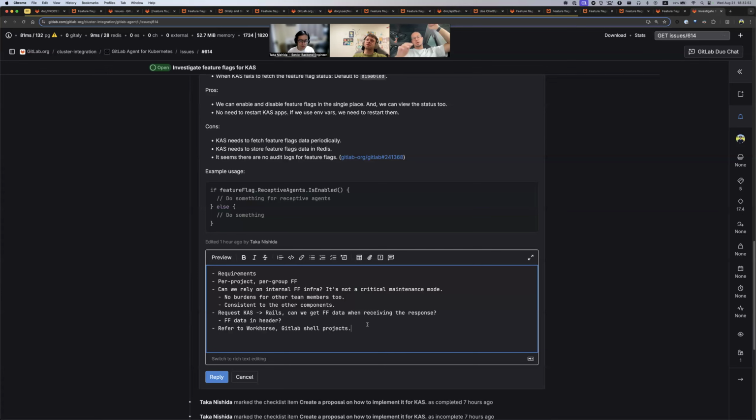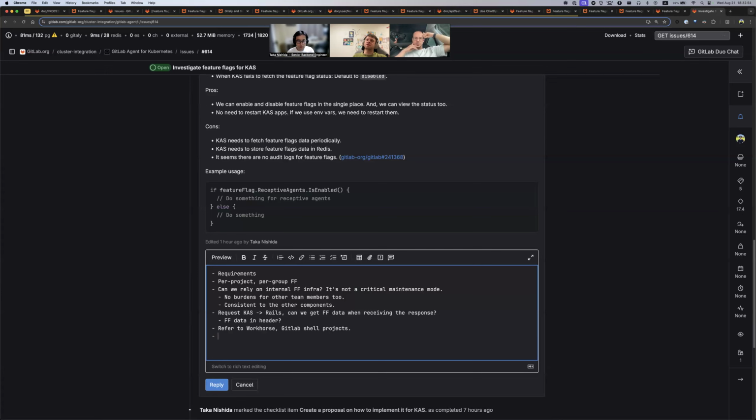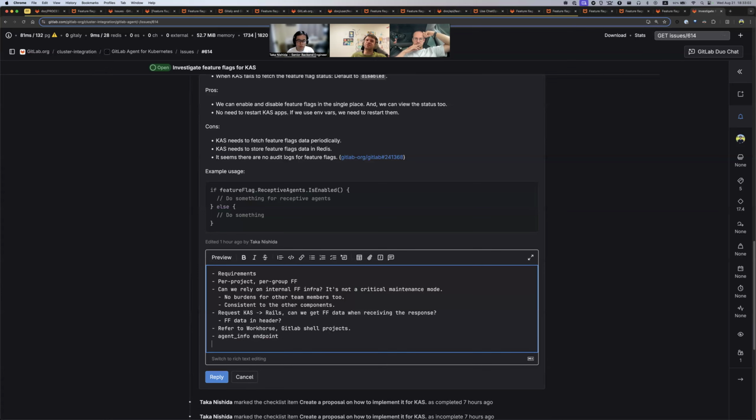It's a good point because some of those endpoints are very performance sensitive. We call agent info on a critical path for proxying, basically, to get agent info. Yeah, to not only authorize agent info, but then the verified project, allowed agents. All these endpoints are on a critical path. So